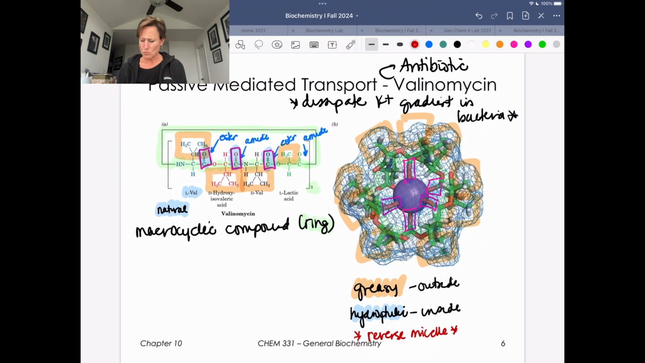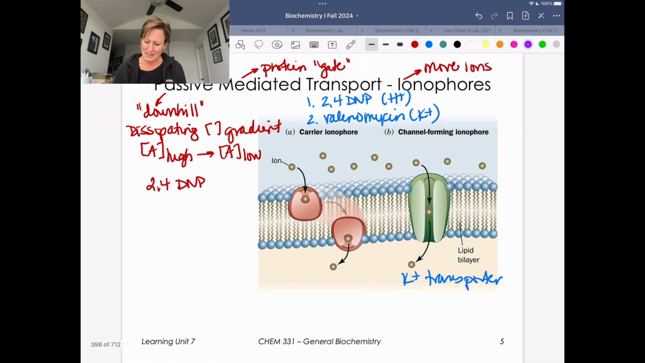So you might say, well, why is that important? And what's that big purple thing in the middle? Well, this big purple thing in the middle is a potassium ion. So what happens here, and let's go back to this picture to show, this is our reverse micelle. What it can do is grab a potassium ion that in no way would transit the lipid bilayer by itself, but it can bury it on the hydrophilic inside of this drug molecule. And then because it is greasy on the outside, it can easily transit to the other side of the lipid bilayer and literally spit out that potassium ion on the other side. So it dissipates